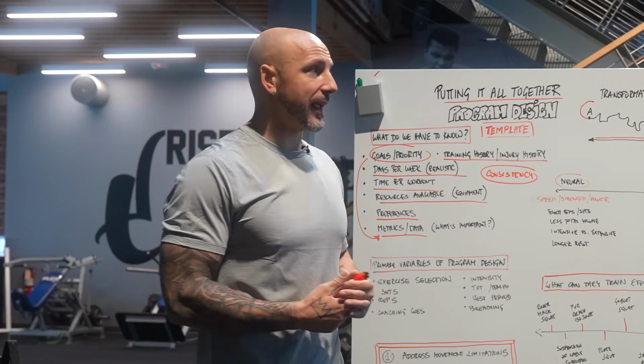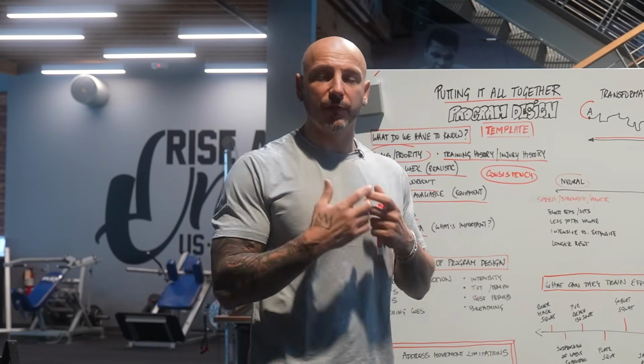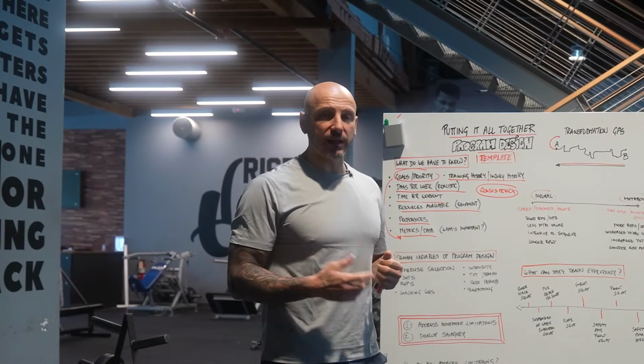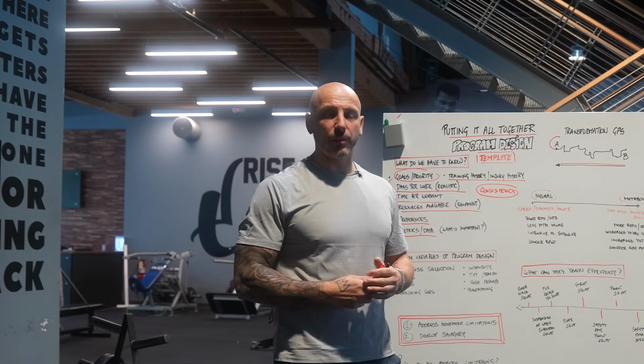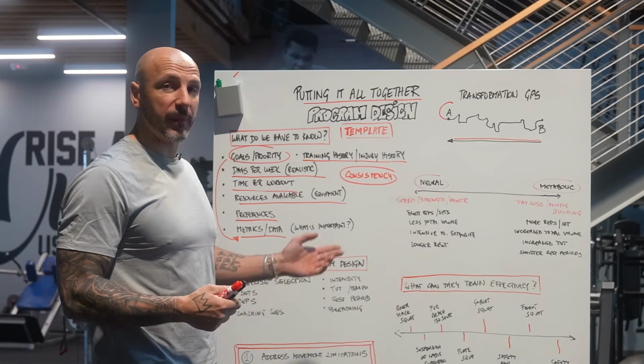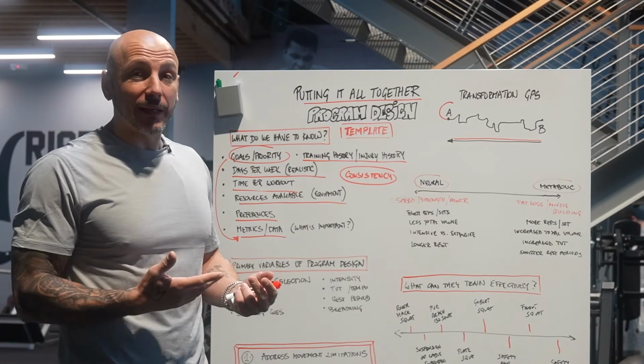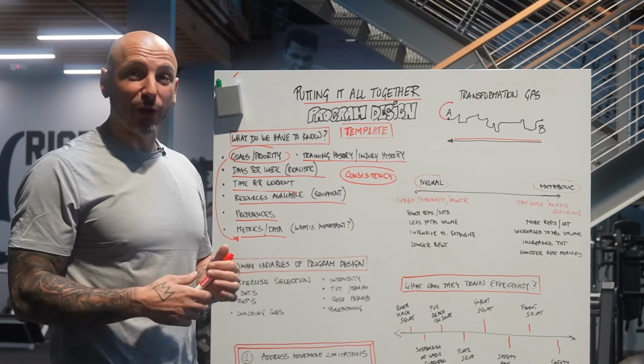If somebody goes, hey, my most important thing is I want to get a chin up. I always thought that a chin up was impossible to do. I believe I can do it now. So I need somebody to help me to get the chin up. Okay, that's their big metric. Probably getting leaner is going to help them get a chin up. Getting stronger is going to help them get a chin up.